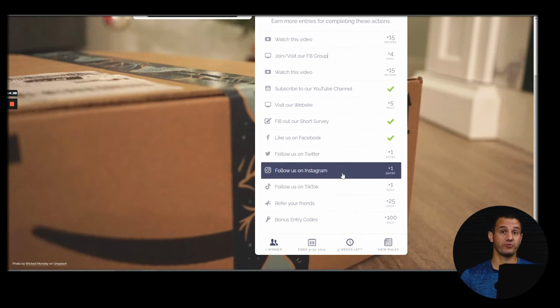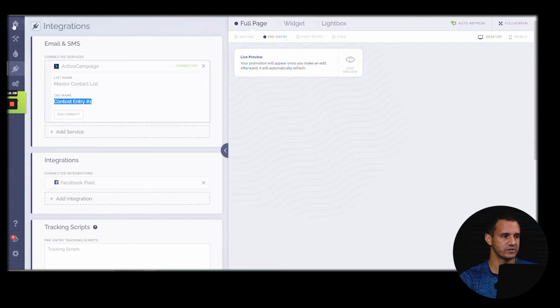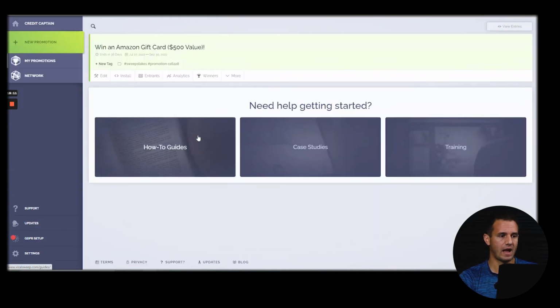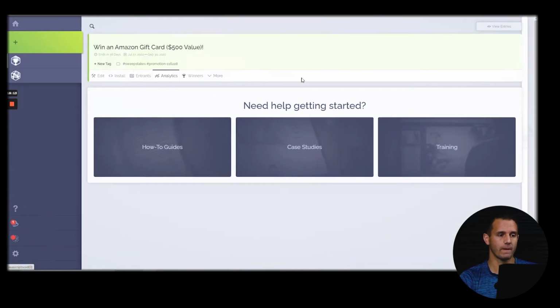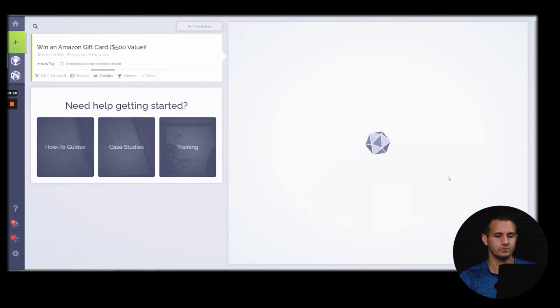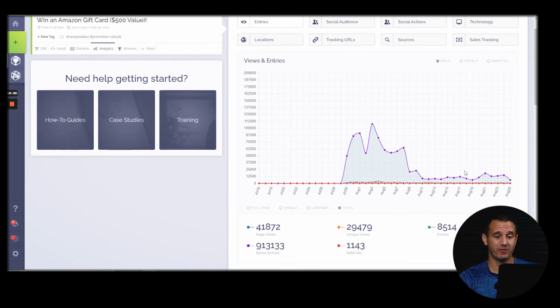They also get points for referring friends. So they come in, we give them points just for referring friends. And that ultimately brings in more free email addresses. And as you can see here, I'll just go back and show you some statistics. Out of the $400 ad spend so far, you can see right here, we have 8,514 entries, 1,143 came in through viral shares. So those are 1,100 free email addresses of people that I didn't have to pay for through Facebook ads.